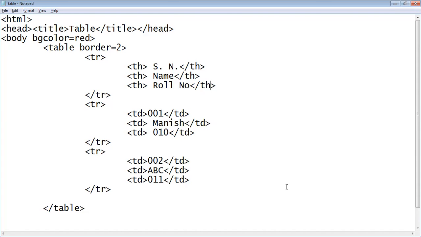I think this will be clear to all of you how we will create a table. Basically, there are only two things inside the table. First one is the table row, and the second one is the table data. And this one is nothing new. This one is simply a table heading. अगर आप लोग heading रखना चाहते हैं, then you can simply have a table head.